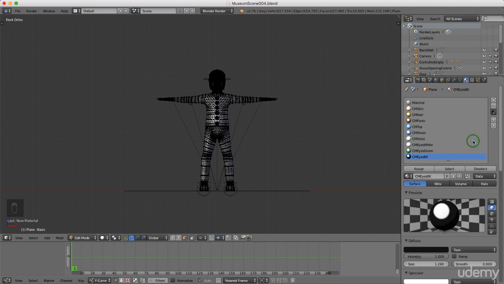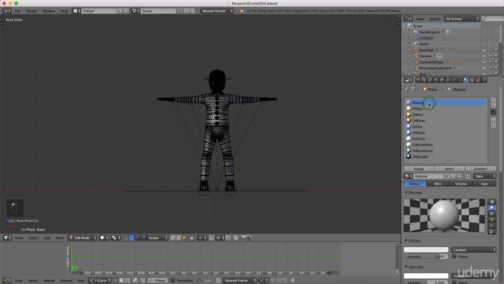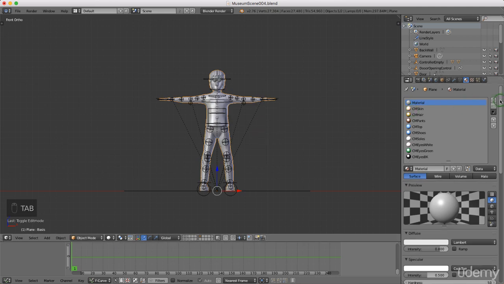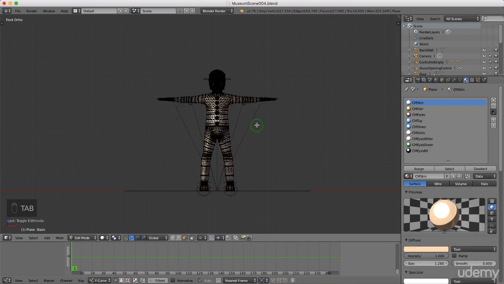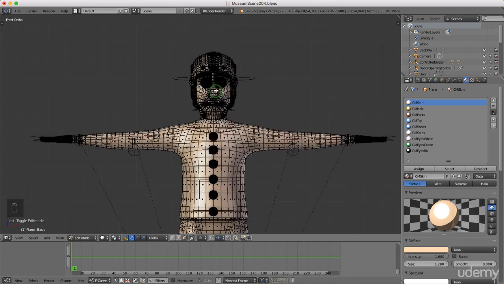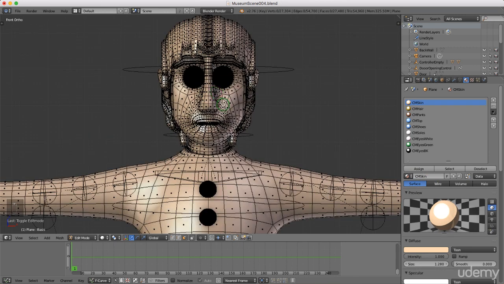So to start with, I'm going to remove this material from the scene. So I'm just going to press tab and come back into object mode and deselect that. So now the skin is the current layer, and you remember all these colors can be changed at a later date if you're not happy with them. Okay, now this is going to be the fun part,